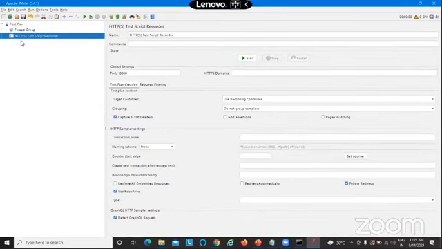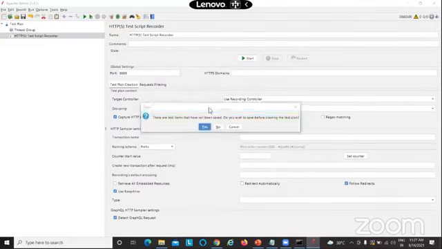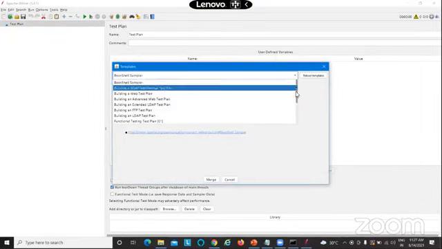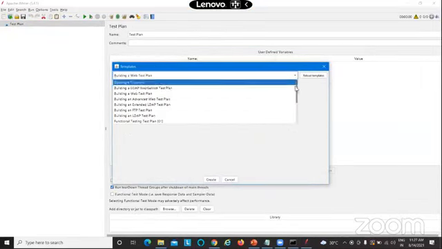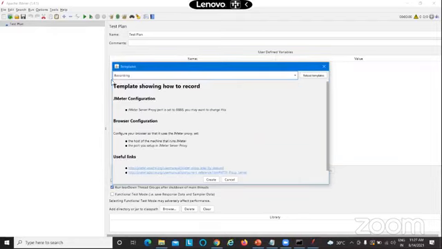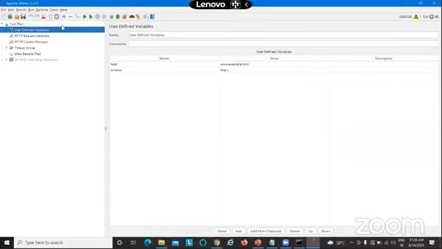Another way of adding it is that JMeter has some templates. If you go to the second icon, there are templates. JMeter has a list of templates where you can see that there are different templates. Inside that there is a recording template. So you choose the recording template and you create it. You give a sample name, and when you push create, JMeter will create a template for you.